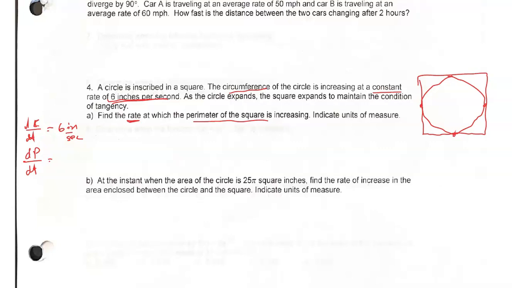Since the square and the circle are tied hand in hand, the way that we're going to approach this is we're going to define this here as our radius of r. And then since we want to really keep the same variable throughout, we don't want to have to work back and forth. If we're going to call that r, we're going to let each side of the square be twice r. The reason we need that, if what we're looking for is the rate and the perimeter of the square,